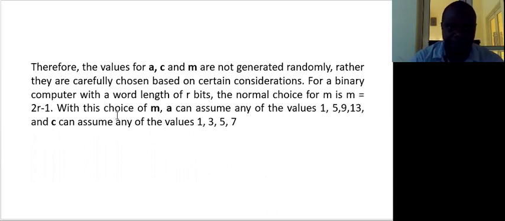For a binary computer with a word length of w bits, the normal choice for m is m equal to 2 to the power w minus 1. With this choice of m, a can assume any of the following: 1, 5, 9, 13, and c can assume any of the following: 1, 3, 5, and